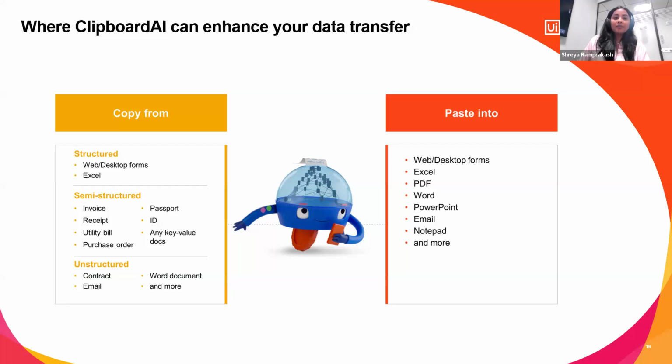What Clipboard AI basically does is leverage both generative AI as well as specialized AI to understand the structure of the content, extract your relevant information, copy it, and finally paste it exactly where it needs to go. So you could copy from any form, structured, semi-structured or unstructured, and paste it into your desired destination.